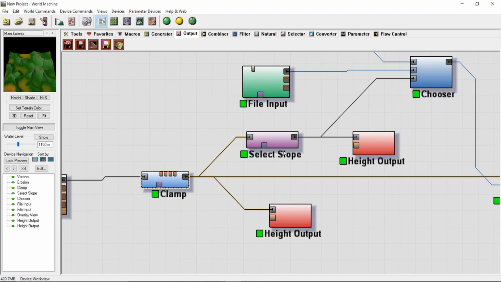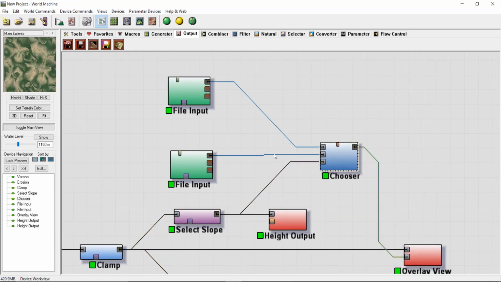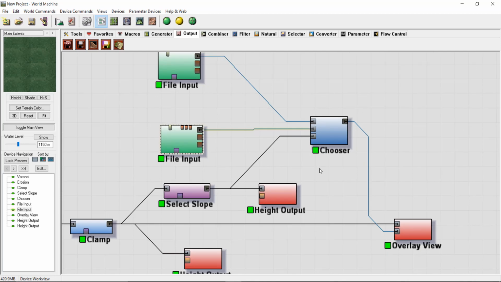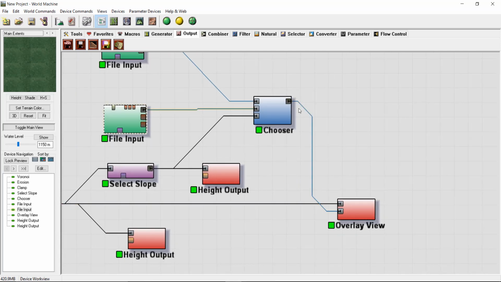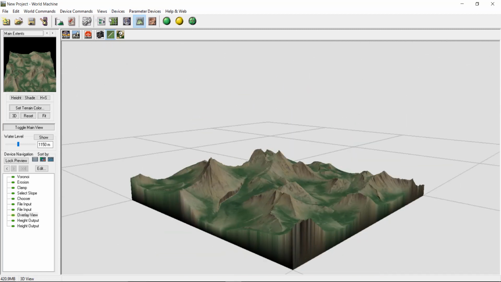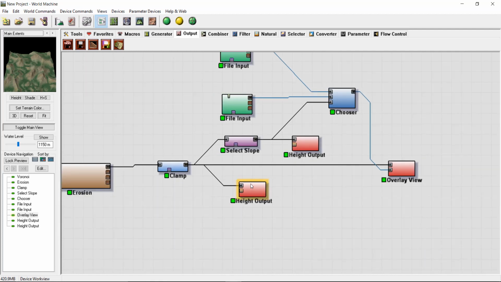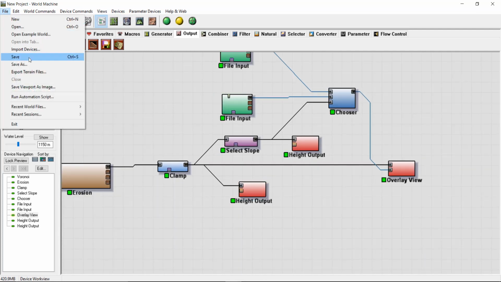Then on the basis of our slope, which is this, we chose a file input A or B, which was desert or grass respectively, to apply on our terrain, and then we fed that into an overlay view, and the final result looked something like this. So yeah, to save it, we just used height outputs. So you can just save this